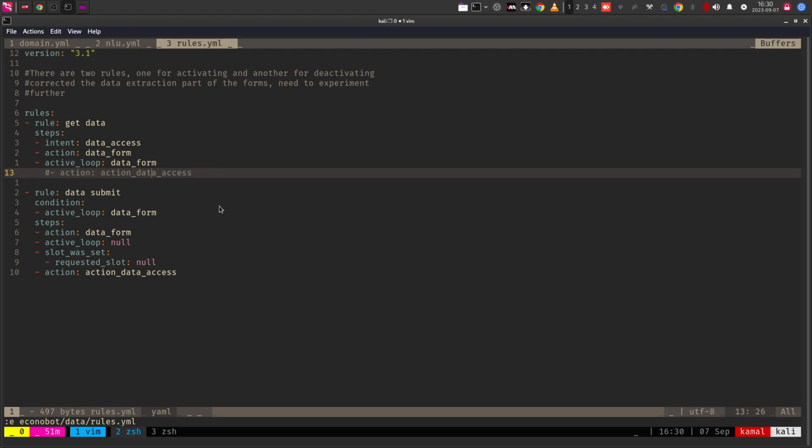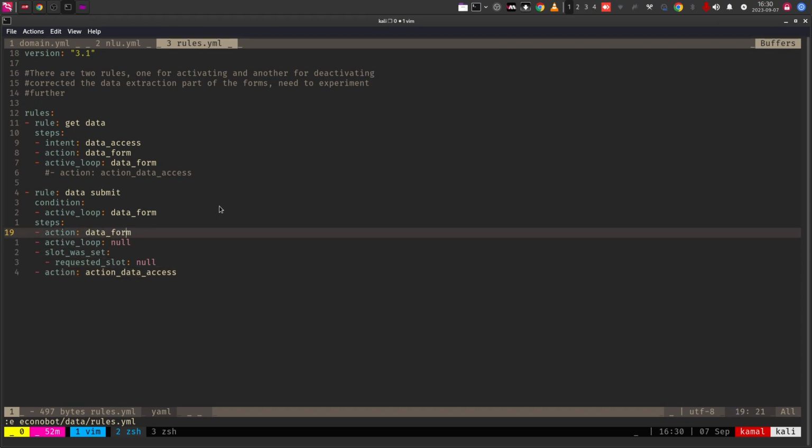But that's not how it works. You have to properly get the data into the slots, and then after that you have to deactivate the form, and then only you can submit the form for actions, or else the chatbot does not work. So as I was telling, it was not intuitive. After researching further and looking at other examples and how other people have coded it, then I realized, okay,